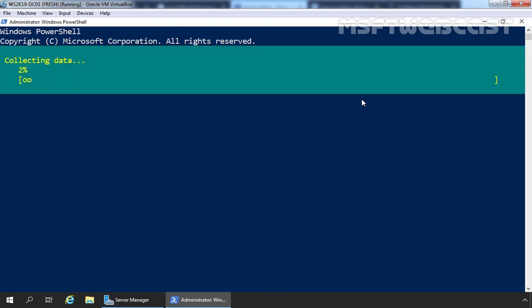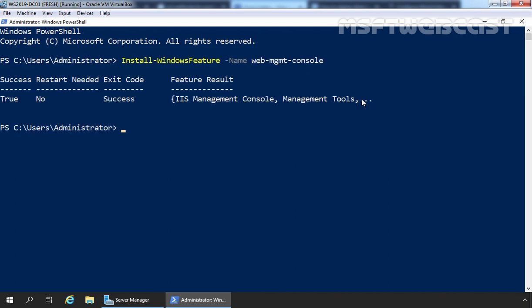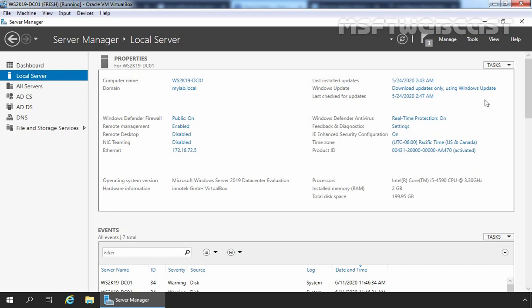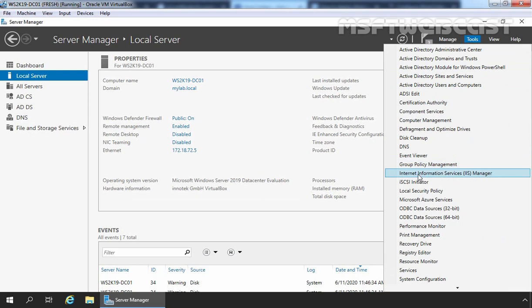Let's press Enter and wait for the installation to complete. Okay, we can see the installation is completed successfully. Let's close Windows PowerShell and open the Internet Information Services Manager console. Click on Tools and click on Internet Information Services Manager.